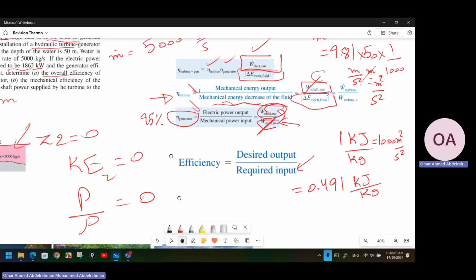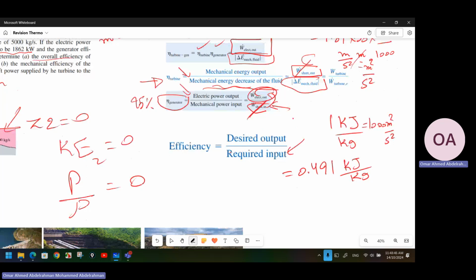Then you can find the value directly if you substitute it here, with the electrical work out given, and you will find the overall efficiency. This is the overall efficiency. It will be equal to 1,862 over 0.95. No, that is not the overall efficiency. I have it here; I will put 0.491. Okay, the results will be